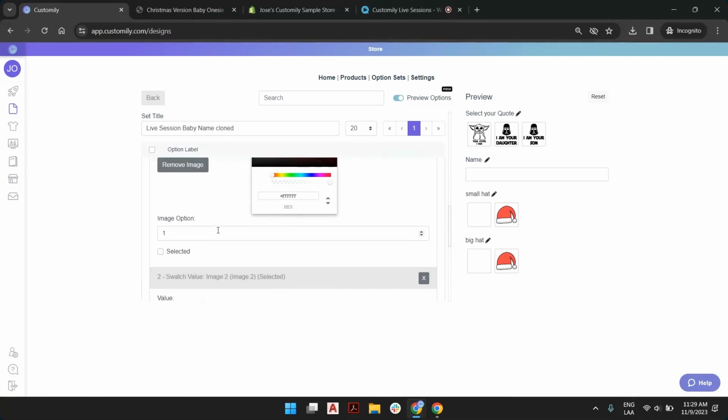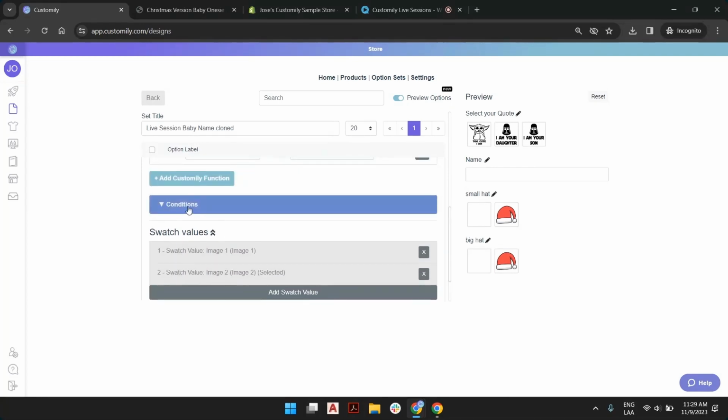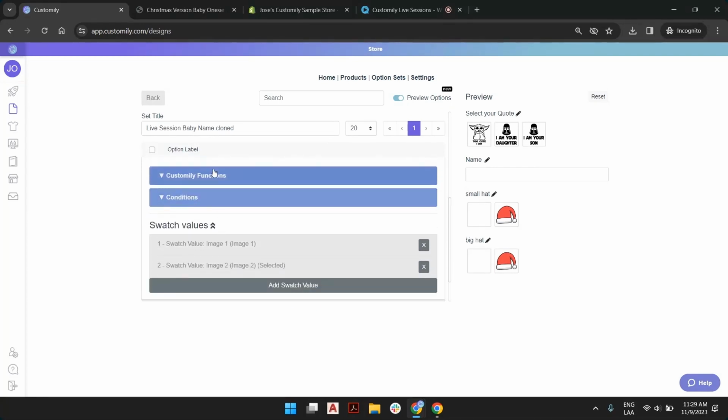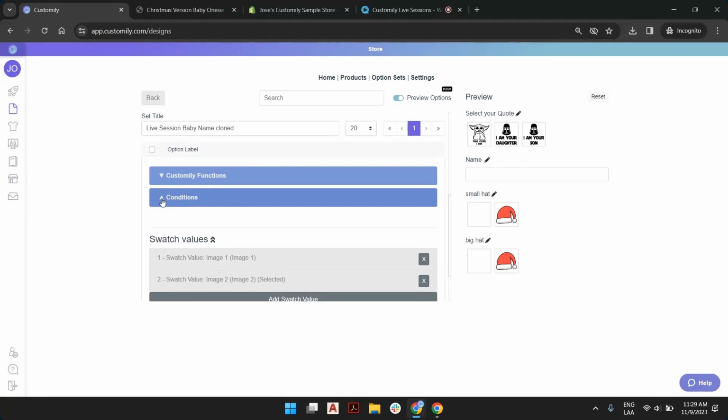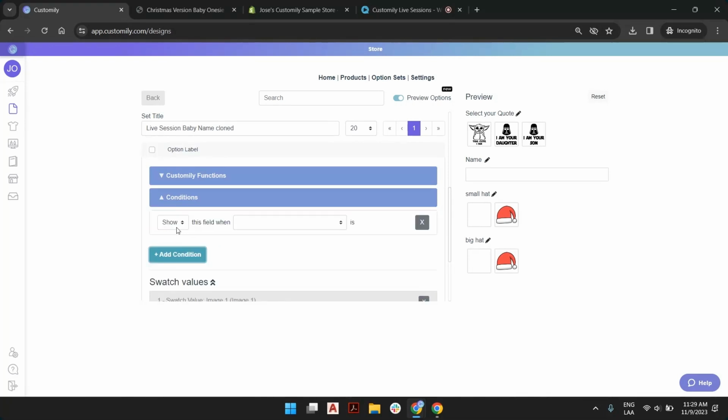But when do we want to show this first? And for that, we have the conditions section, right? Let's close this. When you see this, you have the conditions. If you click on the arrow to open the conditions, you can add a condition. It is a very simple condition. It's an if logic. So if I click on condition, it will say that this